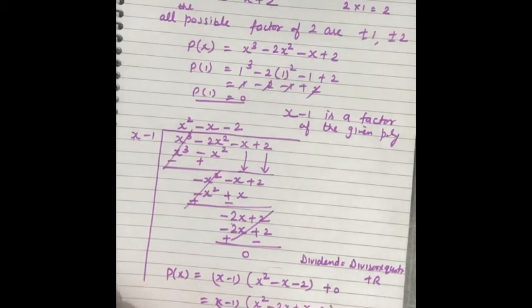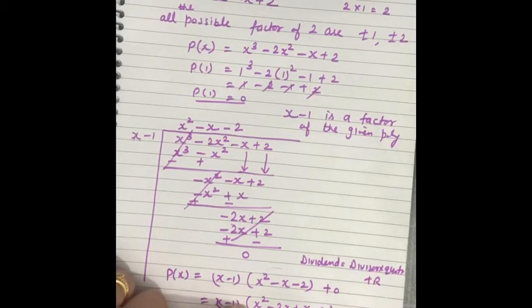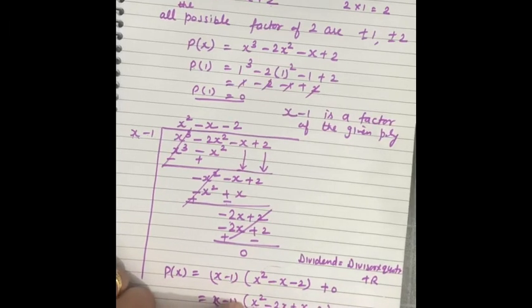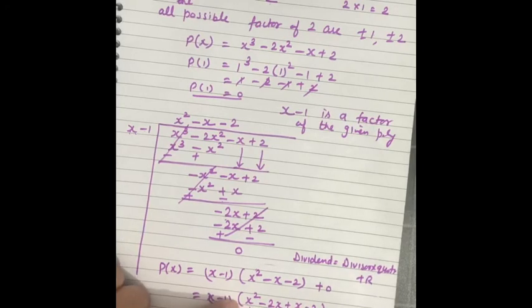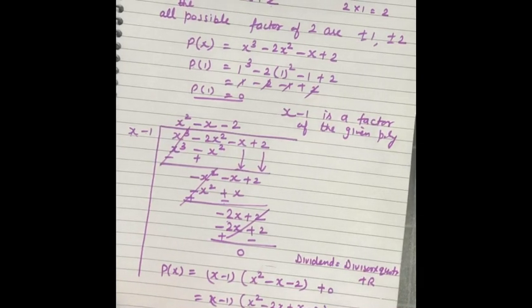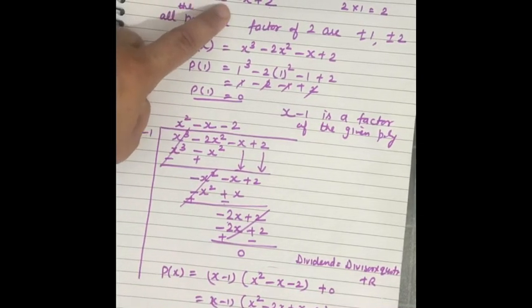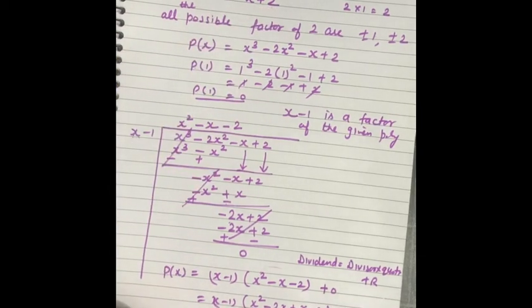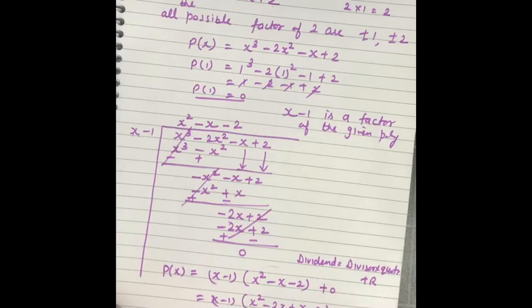This x minus 1 I'll write as it is. From here we can take x common. If I take x common, x minus 2 will be left, and from the last two terms, I can take 1 common, x minus 2. Common factor is x minus 2 and x plus 1. First factor was x minus 1. So this cubic polynomial x cube minus 2x square minus x plus 2 is equal to x minus 1 into x minus 2 into x plus 1.